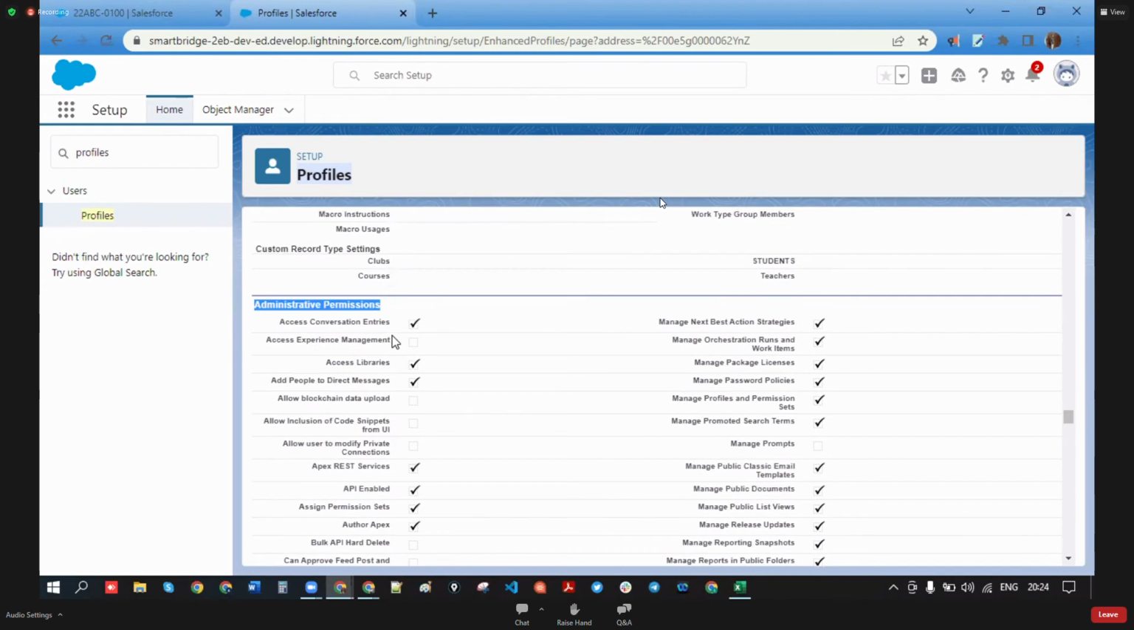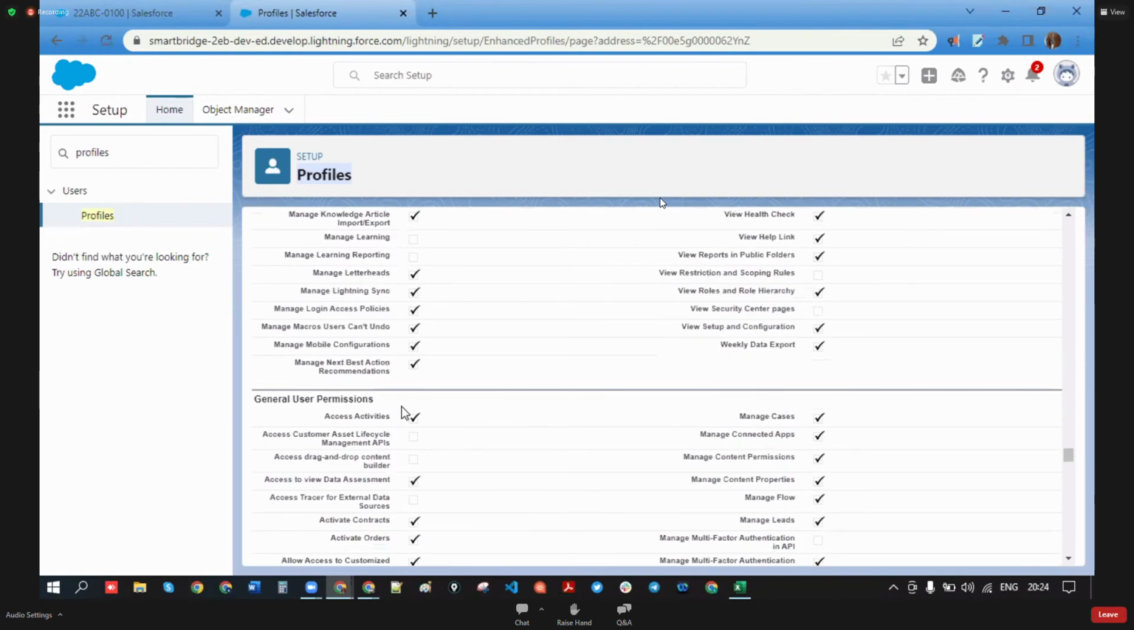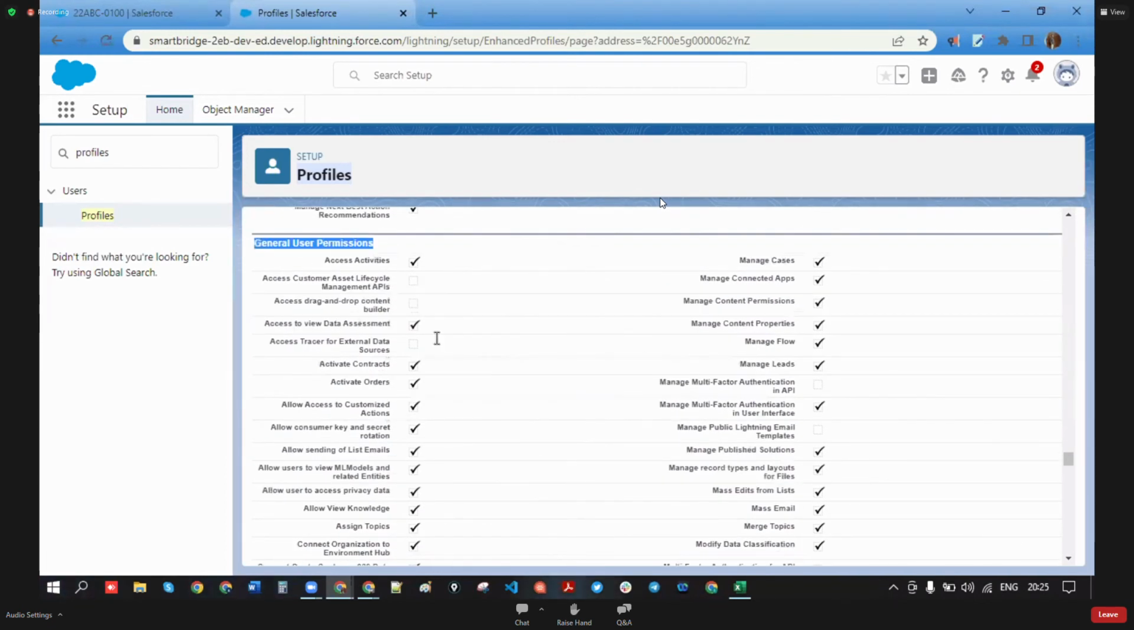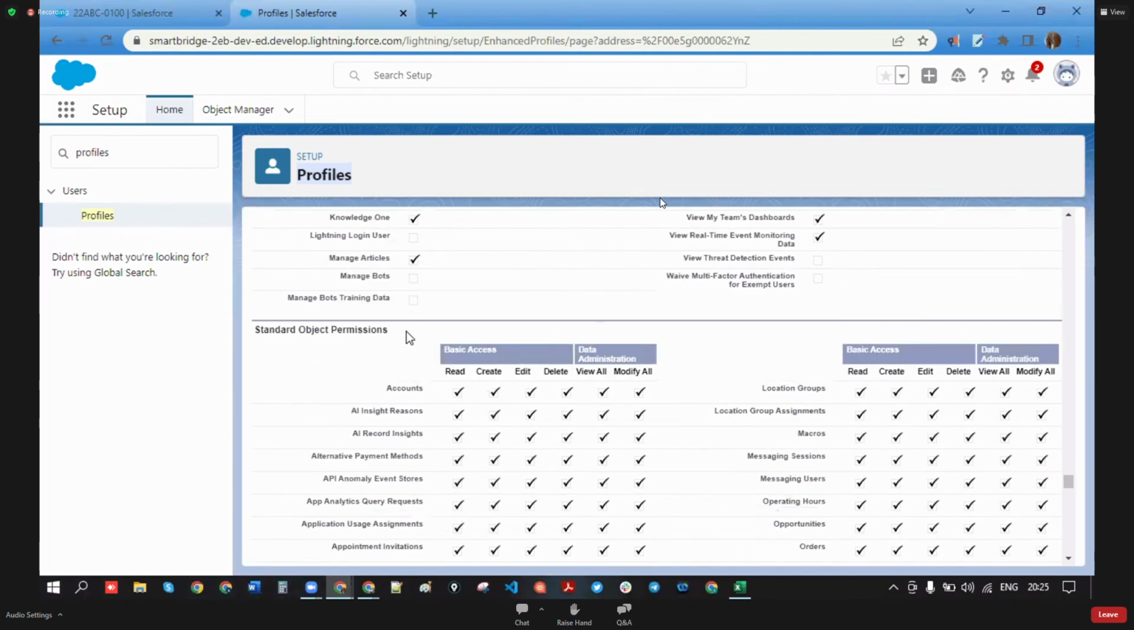Depending upon the license and the profile, the settings get changed. And this is a standard profile. In a custom profile, you can change whatever you want. In a standard profile, you are limited in what settings you can change. If you create a custom profile, you can customize whatever you want. And the general user permissions, and then object permissions,